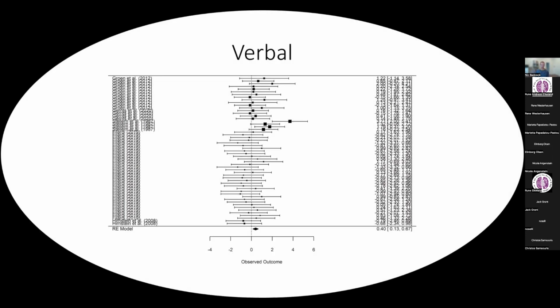For verbal tasks, it gets a little bit more interesting. We've got a lot more information. Not too many studies represented here. We've got the work from Magritte-Gouin, Robin Gerritz, Stellan, Bellardi, done a lot of comparisons. We've got a Hernstein paper here, back from 2008, the good old days. And we do see a significant effect size here in favor of the typical lateralization, an advantage of being typically